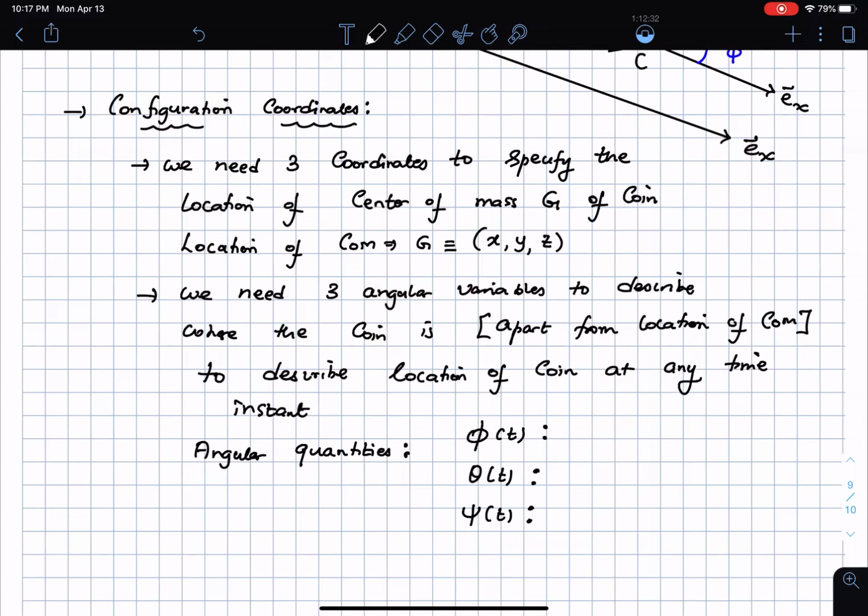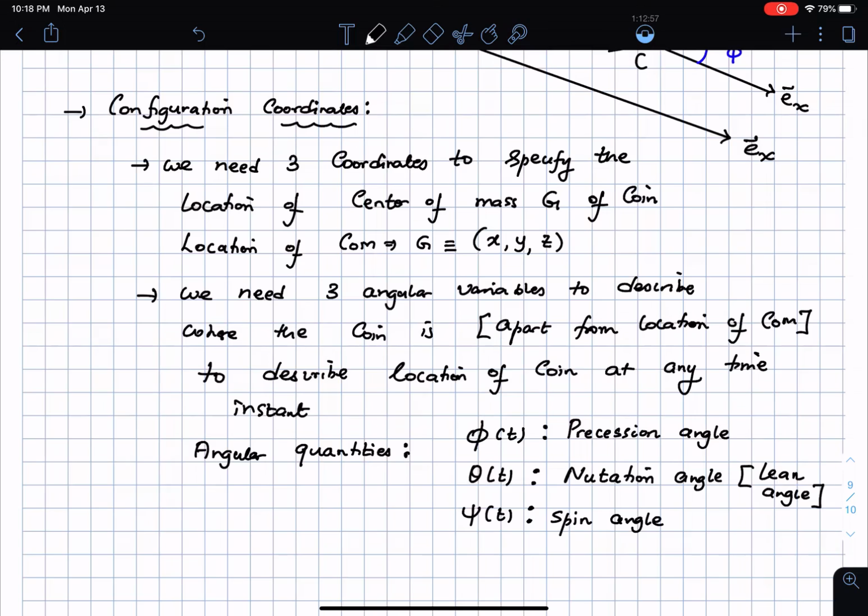Phi is called the precession angle. The angle theta is called the nutation angle, or the lean angle. And the angle psi is called the spin angle,